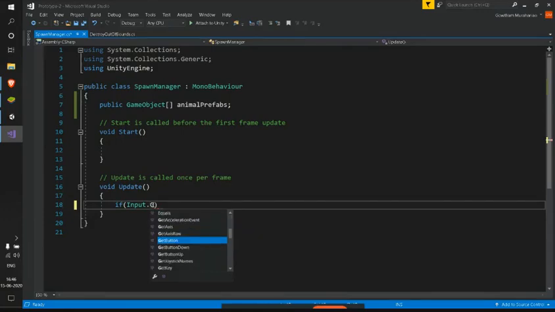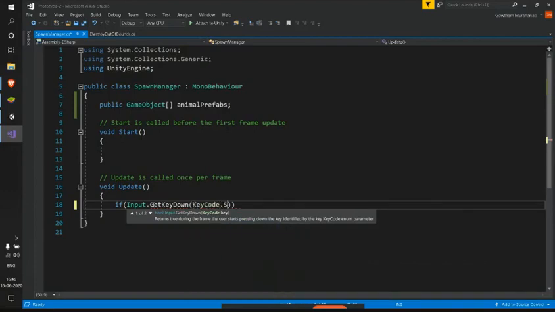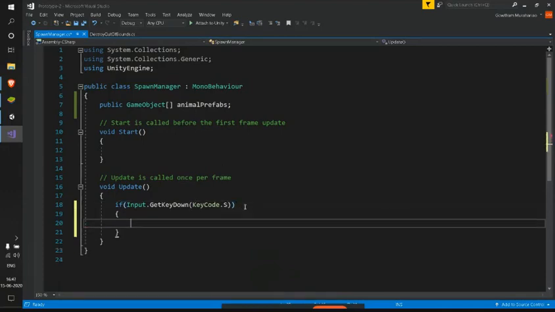Let's use the same method, GetKeyDown. The GetKeyDown method will give us true whenever we press a particular key down, and we will tell what the particular key is using this KeyCode enumerator. This KeyCode just maps the physical key on our keyboard to some value, and that value will be returned to our GetKeyDown function, which will give us true whenever this particular S is pressed.